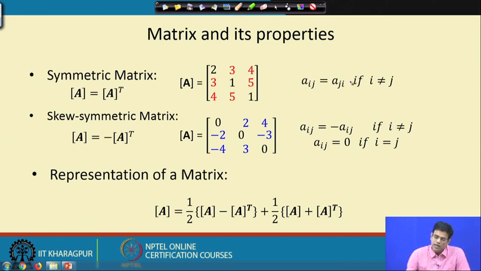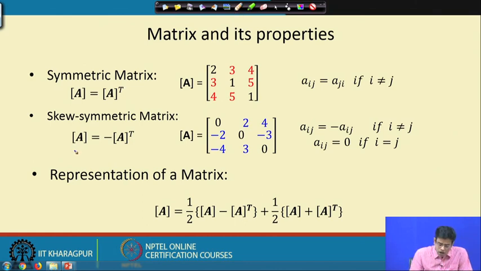That means if a_ij is equal to a_ji, then we say that the matrix is a symmetric matrix. Now, similarly, the skew symmetric matrix. A matrix is skew symmetric if A transpose is equal to minus A, and as a consequence of this,